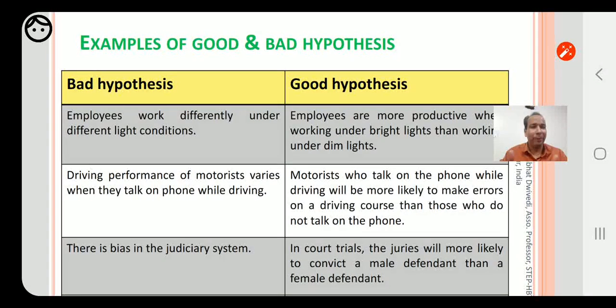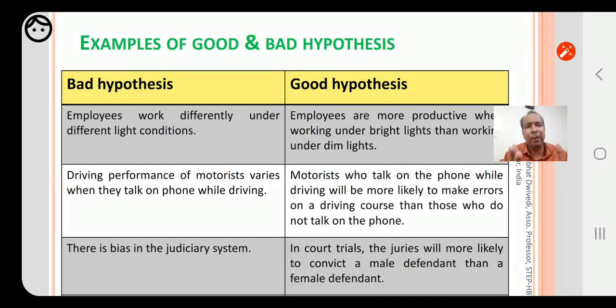Why? We can have a good hypothesis like: employees are more productive when working under bright lights than working under dim lights. So the second one is a good hypothesis. This is not that vague.